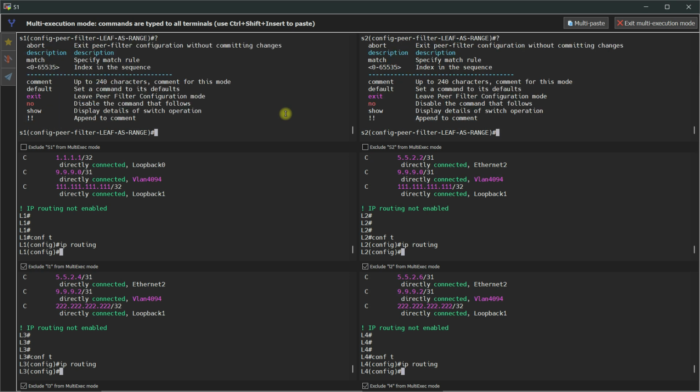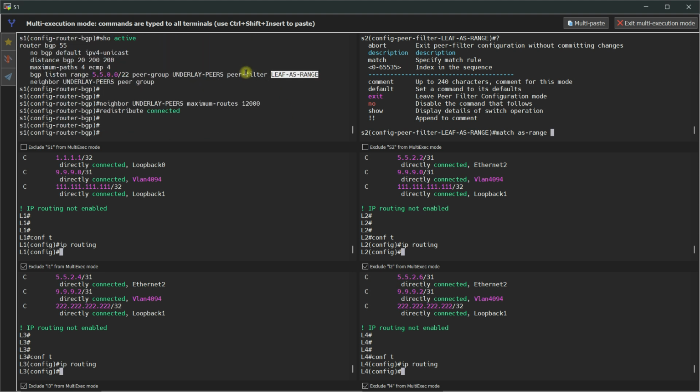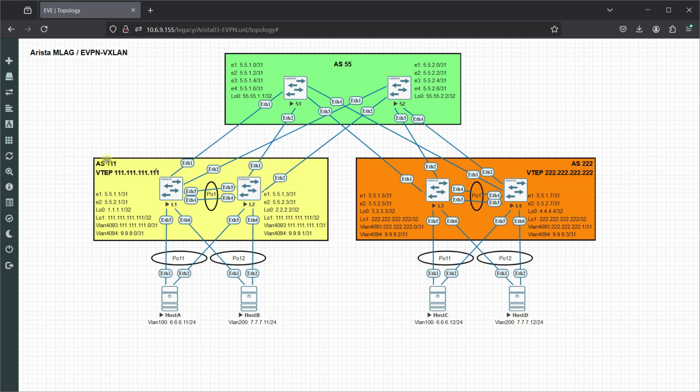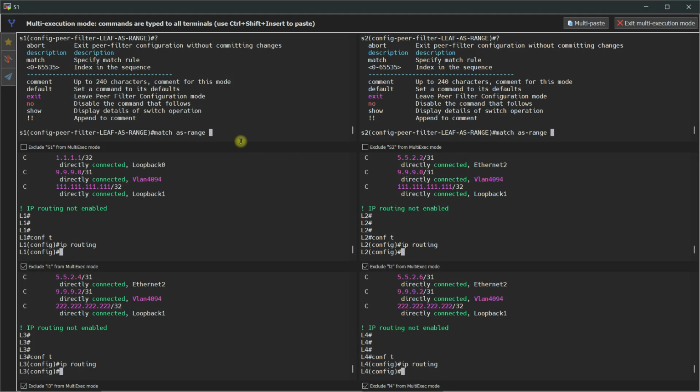We're only going to have one element, so we can just start with this match AS range. Because again, we didn't define which AS of neighbors we want to match up with. So this peer filter is going to define what AS range we're looking for. And back to the diagram, we want to peer up with AS 111 and 222. So we're going to specify a range here, so we'll just make it 111 through 222,